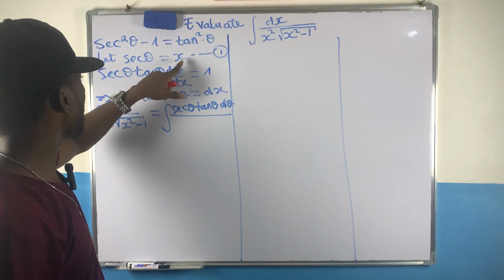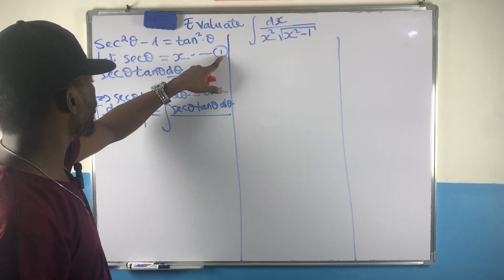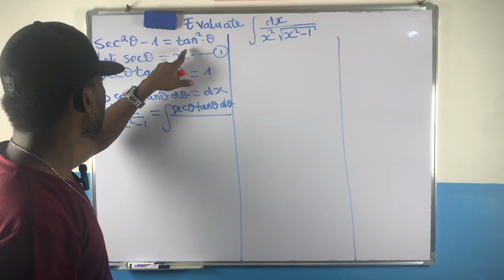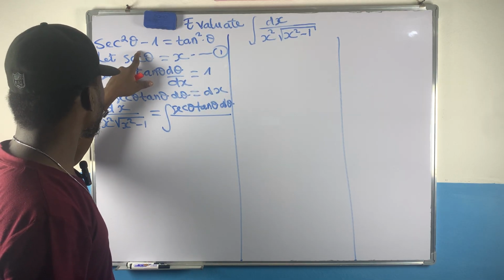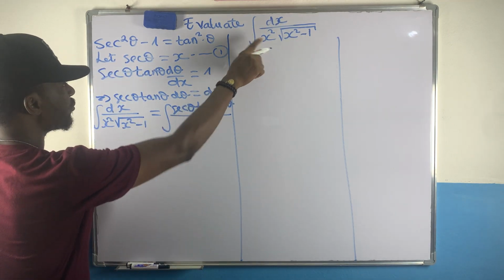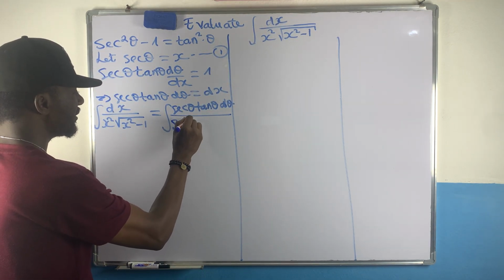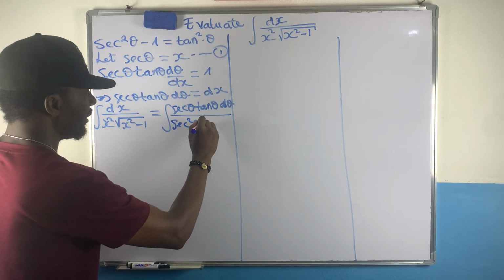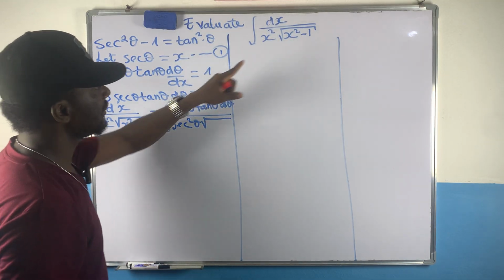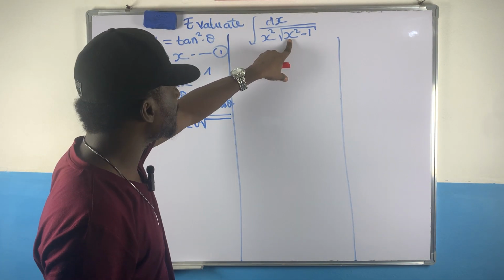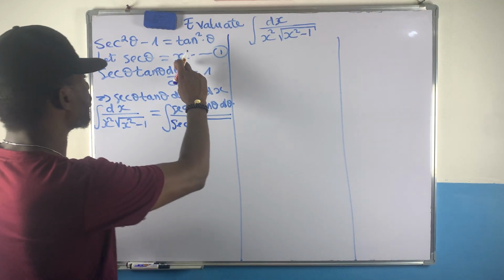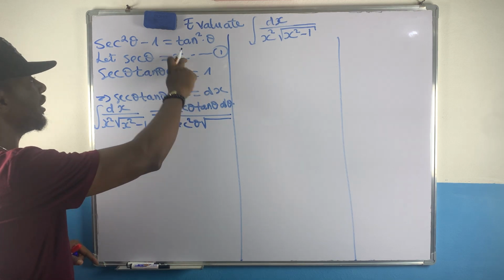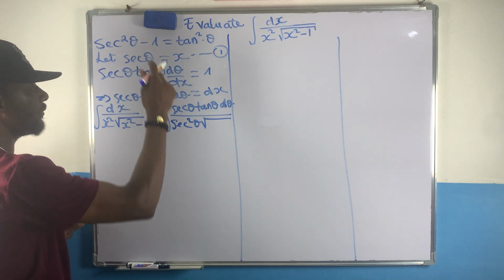So for me to have x squared, I'll square equation 1. When I square equation 1, I'll have x squared here, and when I square the left hand side, I will also have sec squared theta here. So in the place of x squared, I will have sec squared theta, and under the root sign the same procedure: in the place of x squared, I will square equation 1 to have x squared here. I will also square the left hand side to have sec